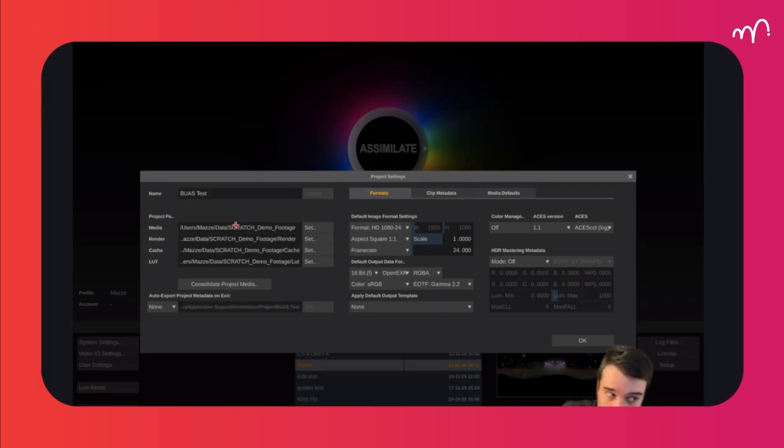Now, that doesn't mean that you can't import stuff from just anywhere. You can, no problem. However, if you need to relink things or you need to move that project, let's say you want to archive the whole project and you move it to a different location, you restore it maybe on a different machine, and ultimately the path to your footage changes. In order to relink all the clips, all the footage inside your project, all you have to do with LiveFX is tell it where the media directory is. It's not here anymore, it's now there. And everything that's inside the media directory, the whole folder structure inside the media directory, it knows, and